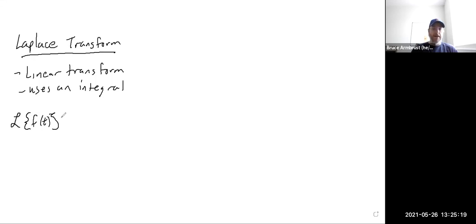And it's defined as an integral from 0 to infinity of e to the negative st times f of t. I'm going to put a little box around that,